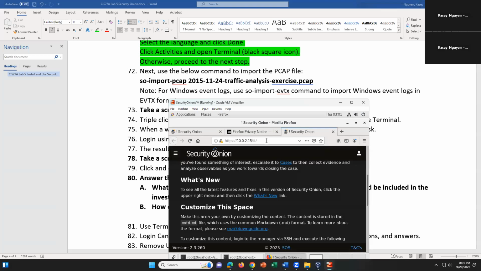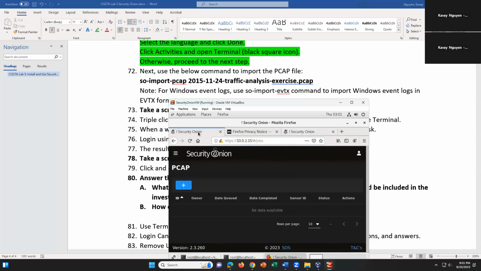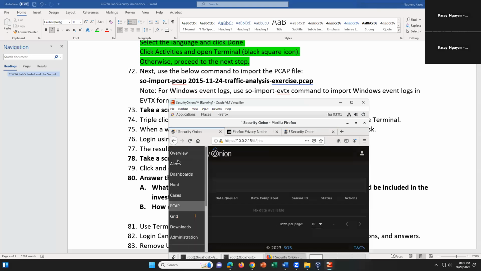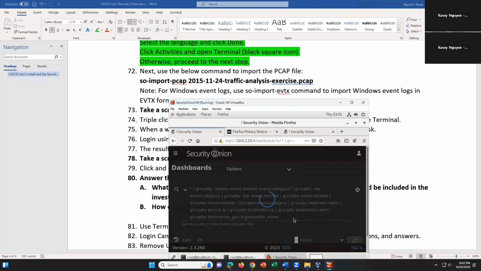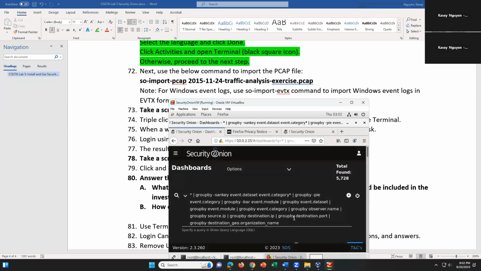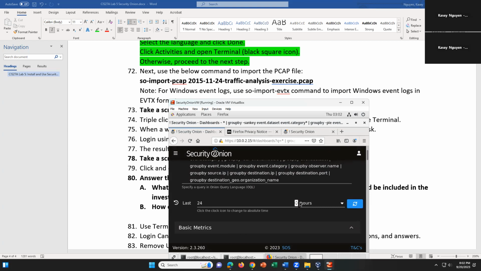So there are two ways. You can click the link and go to it, but you have to disable the privacy notice, or the threat block that it does on the browser itself. Yeah. It should give you the dashboard though. Let me see. Yeah, and then you can make a query